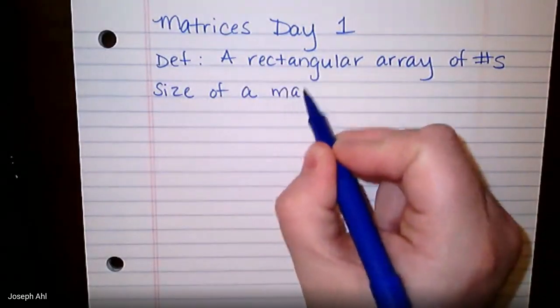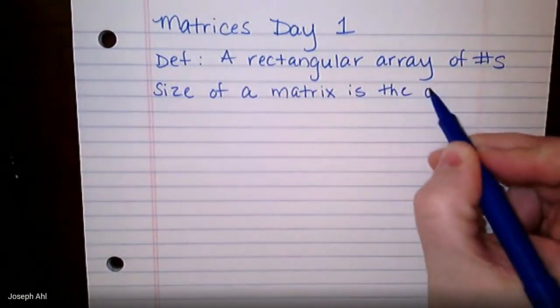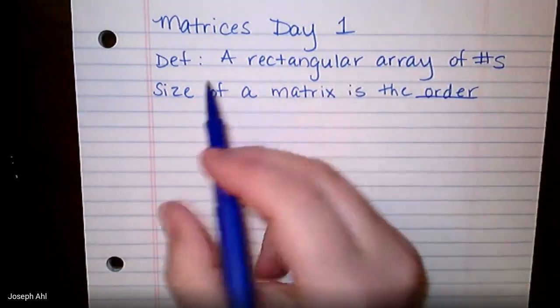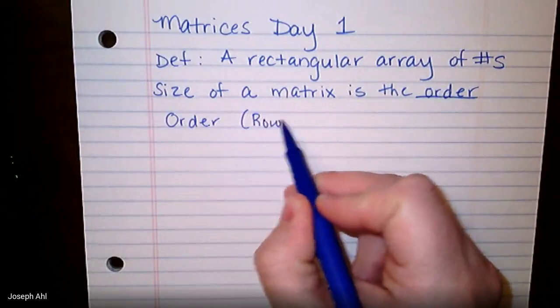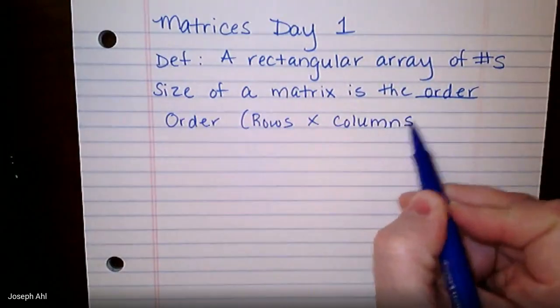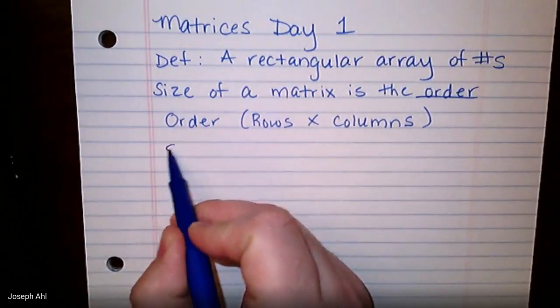Okay, the size of a matrix is known as the order of the matrix. So if you hear the term order, it means what size the matrix is. And I'll tell you the order is defined as being the number of rows that the matrix has by the number of columns. Okay, so since we have a number of rows by a number of columns, you can see here that we're going to get something that's a rectangular block of numbers. So for example,